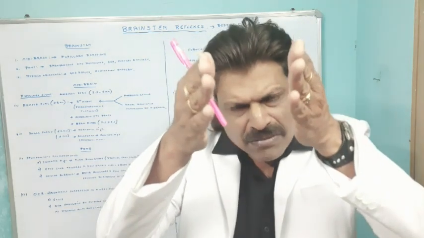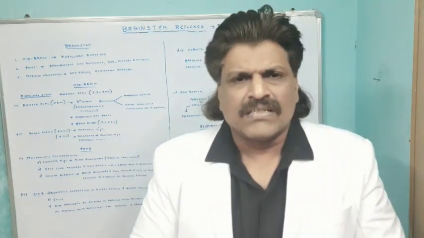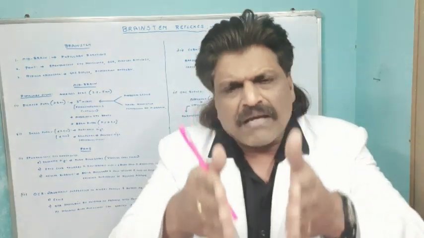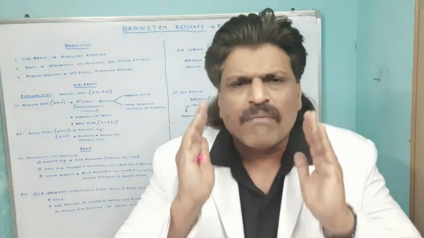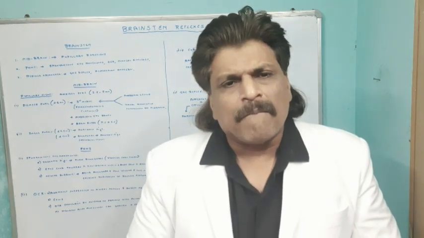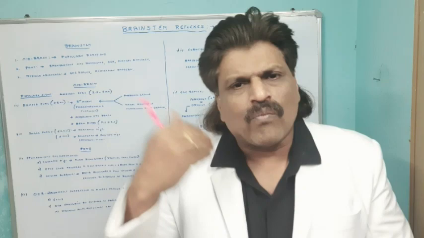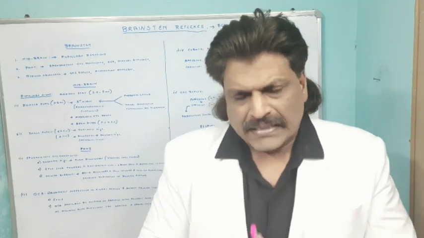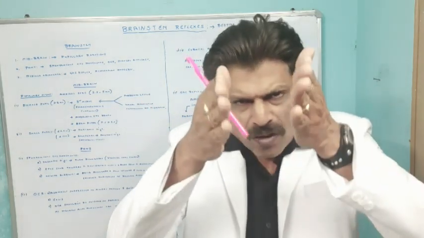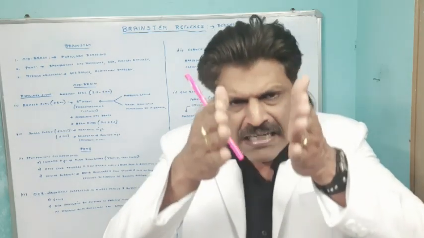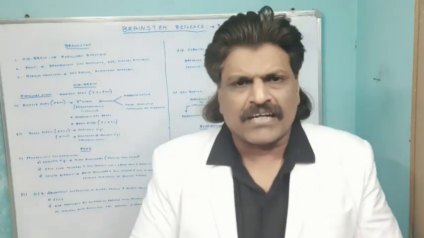Because the sympathetic fibers run from midbrain, pons and medulla and go downwards. So it goes in all the three parts of the brainstem, but why only pons causes bilateral small pinpoint pupil? Why not midbrain? Why not medulla oblongata? The answer is that both the sympathetic tracts, bilateral sympathetic tracts should get affected to cause